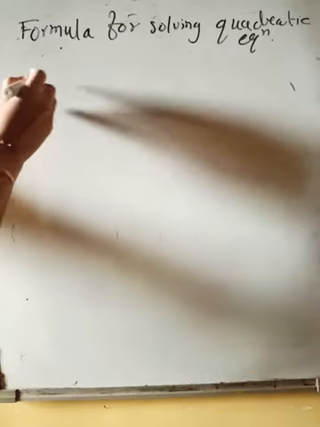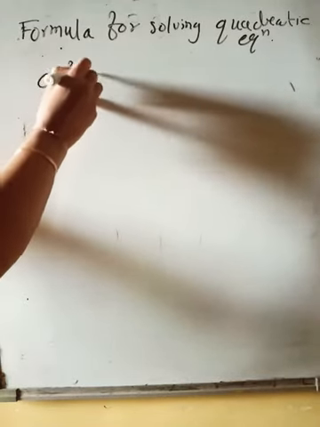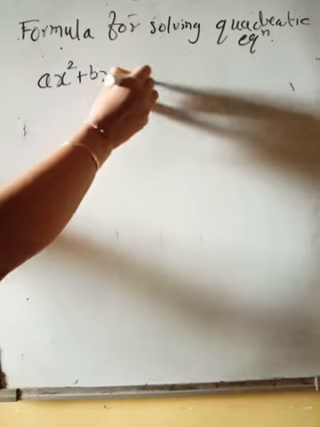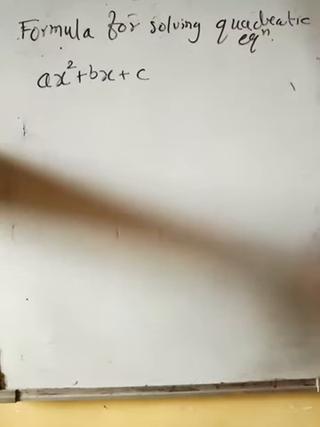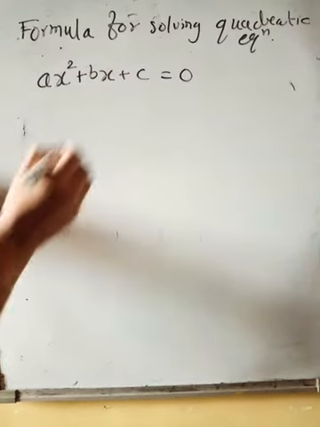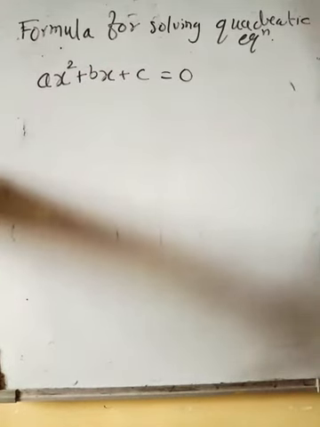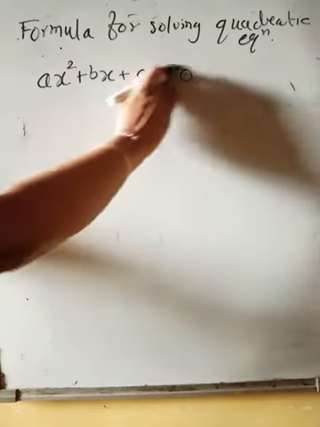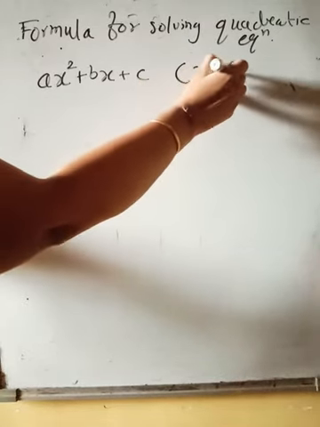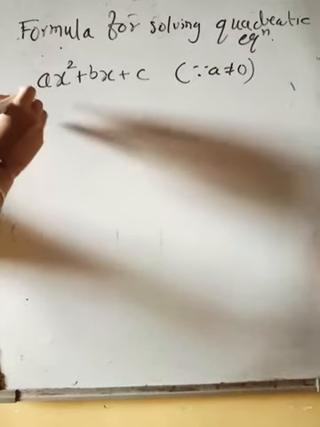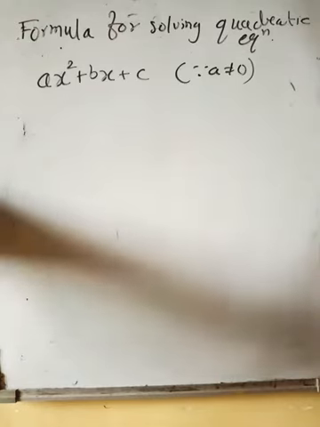Now children, we have a polynomial ax square plus bx plus c. See children, I am saying the word polynomial. When equal to 0, it becomes the quadratic equation. Right? So if this particular polynomial, if a is not equal to 0, we can divide it, we can divide by any non-zero thing.